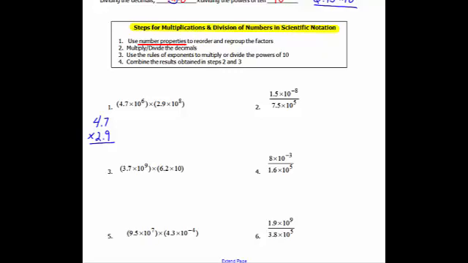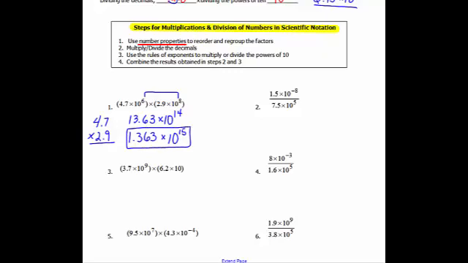However, I'm going to give this one to you because I want to just show it as an example. So that would be 13.63 times 10 to the, add the exponents, 14th. However, this number is not yet in proper scientific notation, so I need to rewrite it for my final answer. 1.363, made that smaller by a place value of 10, so I make that larger by a place value of